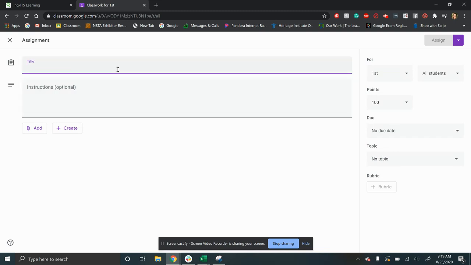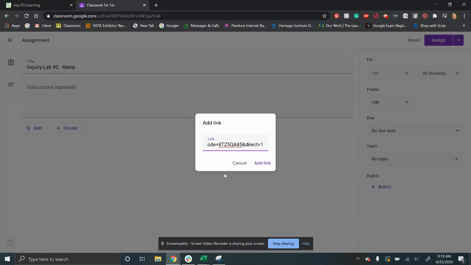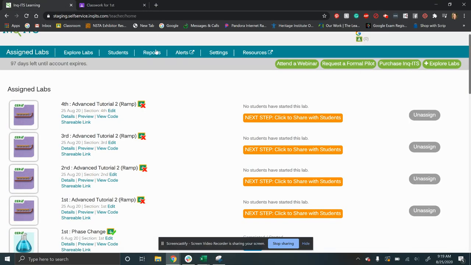And, I don't know what we want to call this, like inquiry lab number 2 ramp. And then I'm going to tell them about how they're going to be able to access Inq-ITS and it's going to score their lab for them and all of that stuff. And I'm going to stick that link in here. And then I'm going to actually go back here and